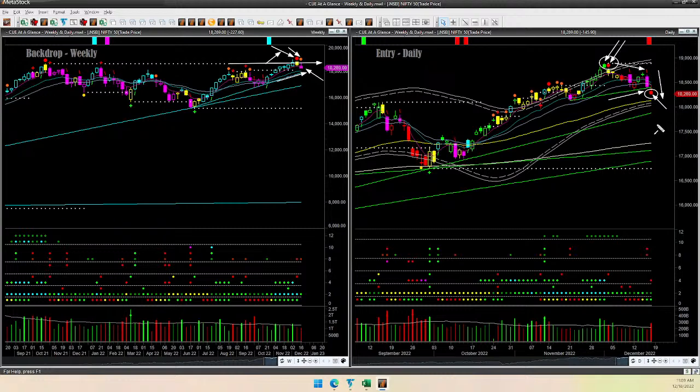Also, the weekly trendline support plus the daily yellow direction line support are nearby. That also led me to reduce exposure, especially because those were naked short call positions. So I booked profit in them.